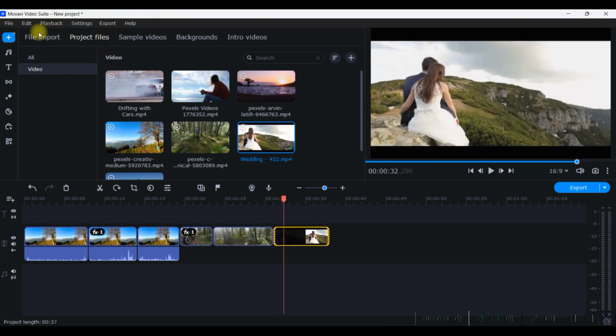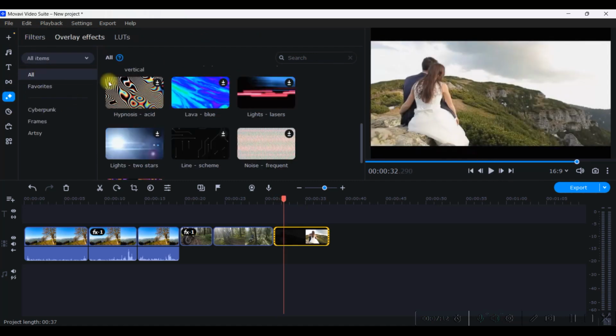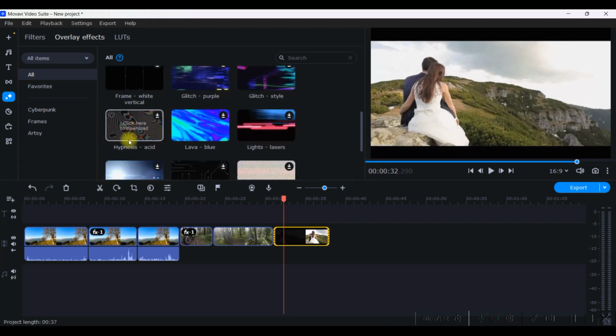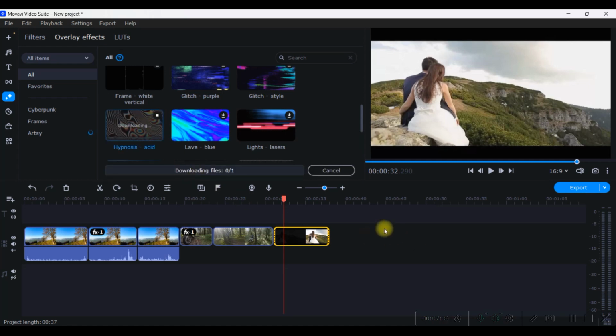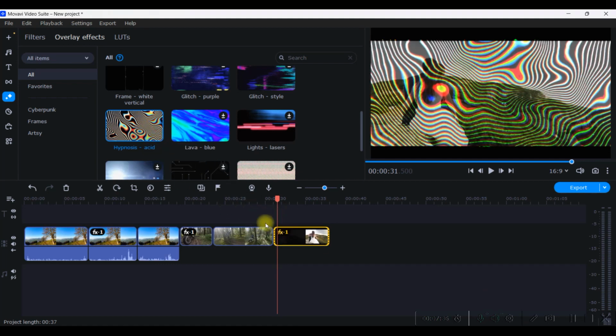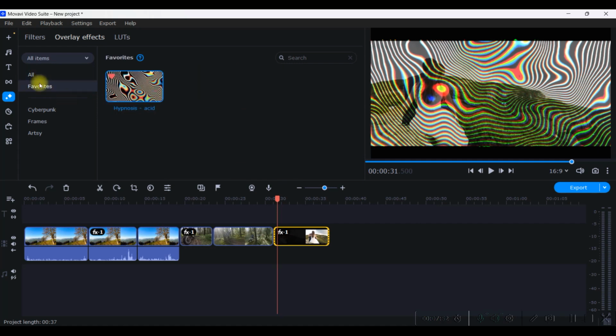Okay, so here I want a beautiful LUT or beautiful filter or overlay effect. So you can first come to this section and check which one you like. So let me see this. All I need to do is download it. It will take a while to get downloaded. Once it is downloaded, just drag and drop the particular overlay effect on the particular clip where you want it to be implemented. One thing is, if you like to use one particular filter very frequently, then better to keep this add to favorite heart button selected, and it will become red and that will appear in the favorite section.